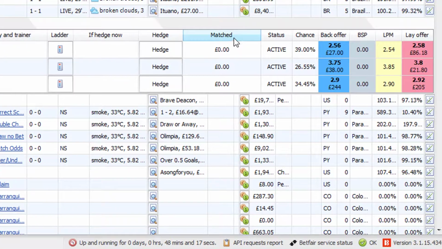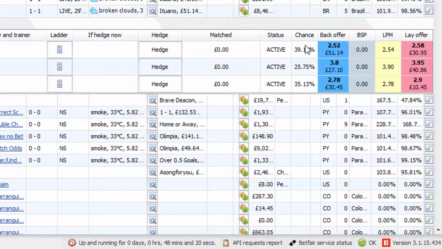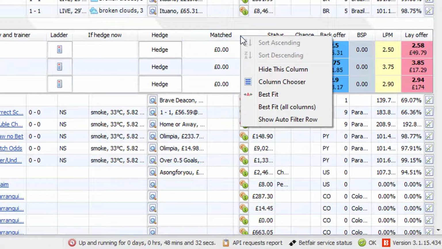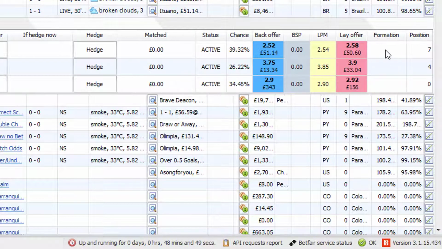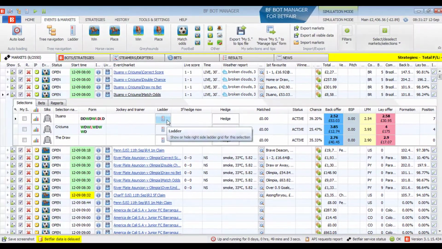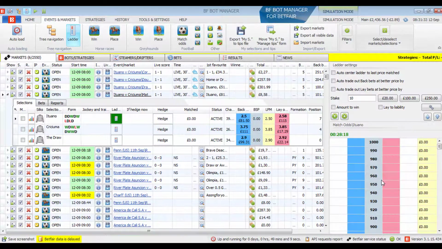We can also see the amount we have matched on this market, the implied chance based on the current odds, the last price matched, and the Betfair start price if there's one available on this market. Again, we can add columns by clicking on any column header and selecting Column Chooser, and we could add football-specific columns such as formation or position, and the data will only come up if it's available, provided by the third party. So here we see the team in 7th position is playing a team in 4th position. In the Selection Grid view, we can also click on the ladder button to go straight into the ladder view